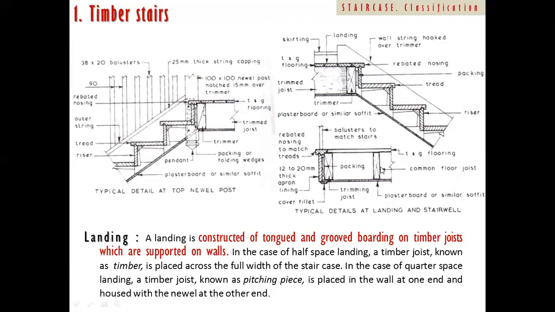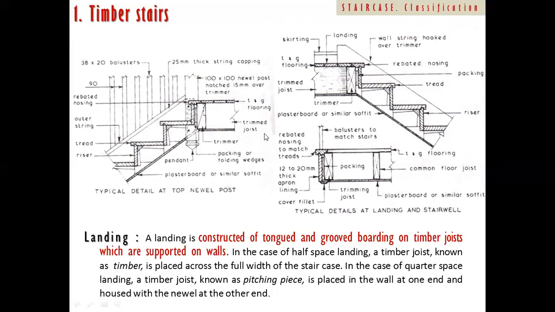And this timber joist, as a part, this is a section, you can imagine the view, you can imagine the elevation, these will run like a beam. So just consider these are like a beam. Even in RCC construction, you can see the beam is there to rest the landing. Similar function will be here, but here you can place the joist, and then there are the common floor joists, so that you can run this entire landing here, okay.